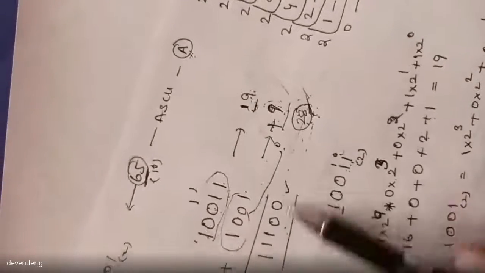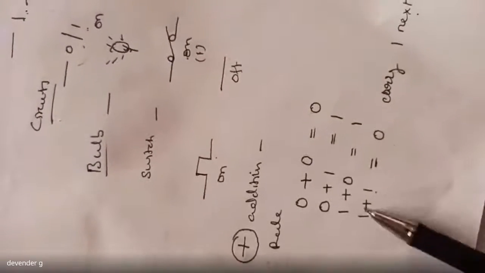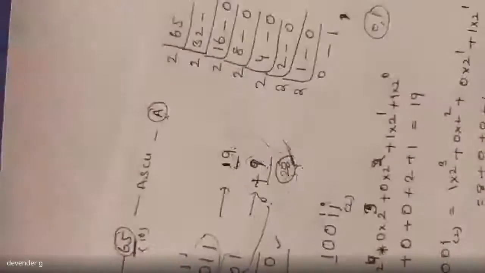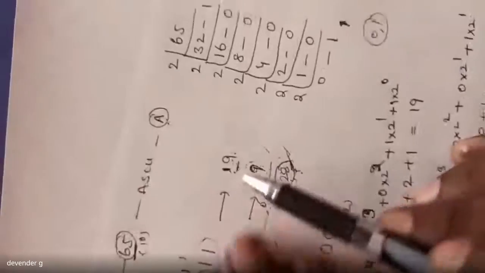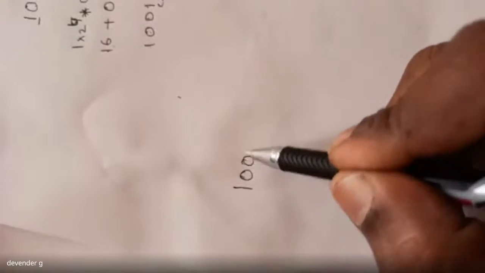Now how will the system add? Now based upon this particular rule, we have to check it. So how will the system do the operations on this? Normally our mathematical operation will say 19 plus 9, 28 I have written. But the computer has converted it like this. Now how is this going to do addition? So again I'm telling over here. 19 is 1, 0, 0, 1, 1. And 9 is 1, 0, 0, 1. Now you do the addition.